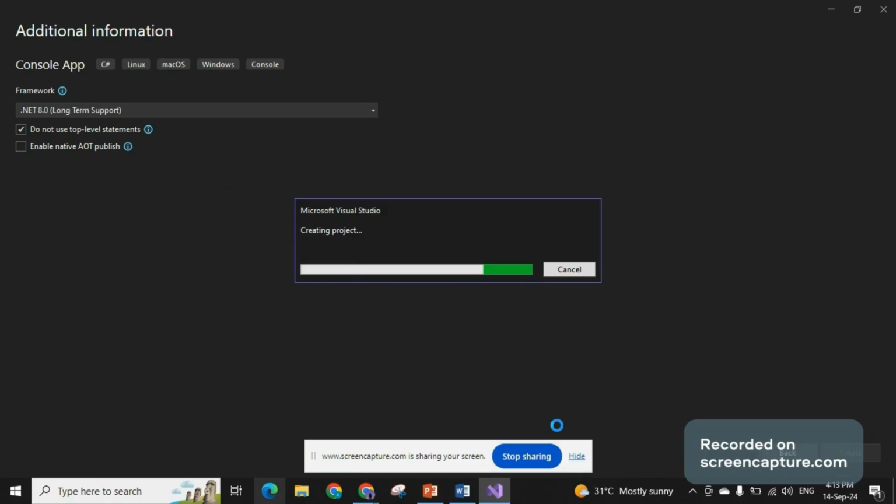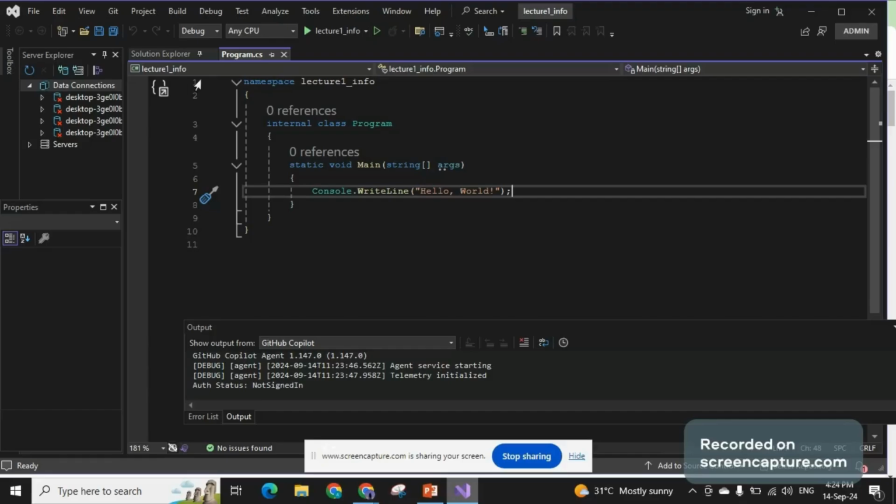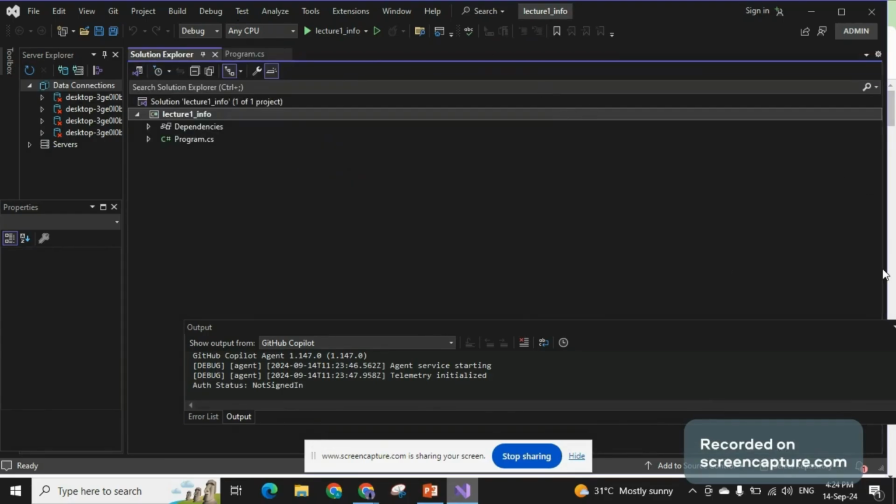Actually, there are so many things in Visual Studio IDE to explore, but for now, we will just discuss a few things. Like we can see Solution Explorer and Window Editor things. Project has been created. Here is the Solution Explorer. In your screen, it might be on the right side, like here, but that's not an issue. Solution Explorer basically manages and organizes the code files of your project. Like in my project, there is a file named program.cs, so it is here.